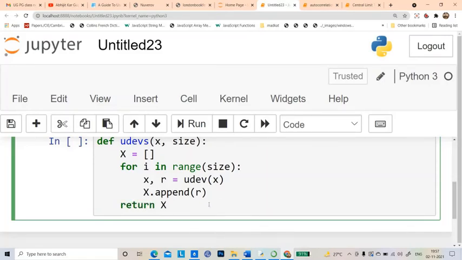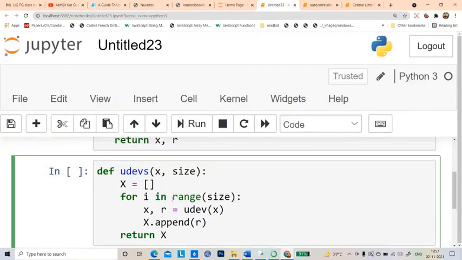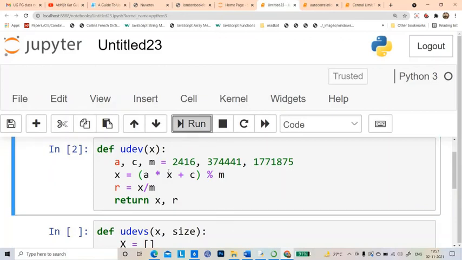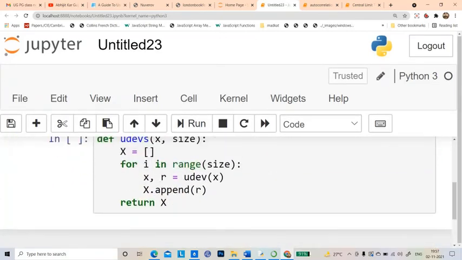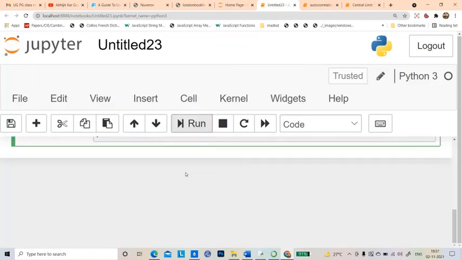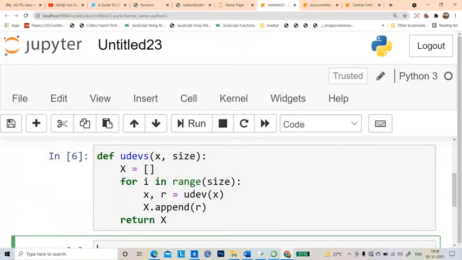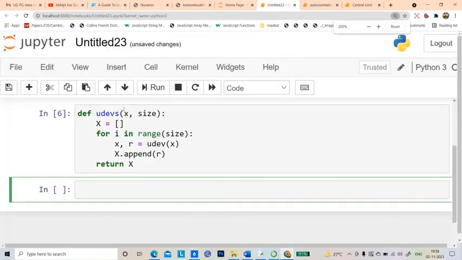That means if I now run this, I will get a list of random numbers. I run this again, because I changed the return. Now I write udefs, and I just give some initial seed, say 1 2 3, and size is say 10,000.